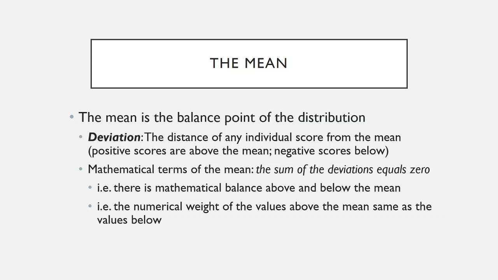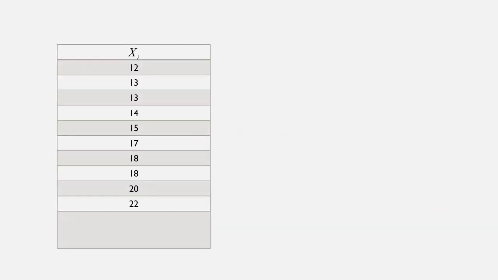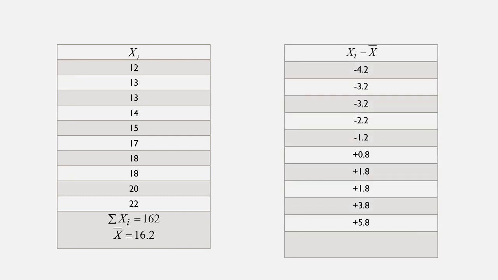Again, this might seem a little bit abstract, but this is definitely going to be relevant later, so I'm going to show you mathematically what this looks like. Let's say you have your set of scores, currently defined as x. Like I said, the deviation is the distance of any score from the mean. So in order to get that, you just take the score minus the mean. As you can see, you get scores, some of which are below the mean, some of which are above. Again, that is because there necessarily will be some scores below the mean and some scores above, unless your mean is 0.